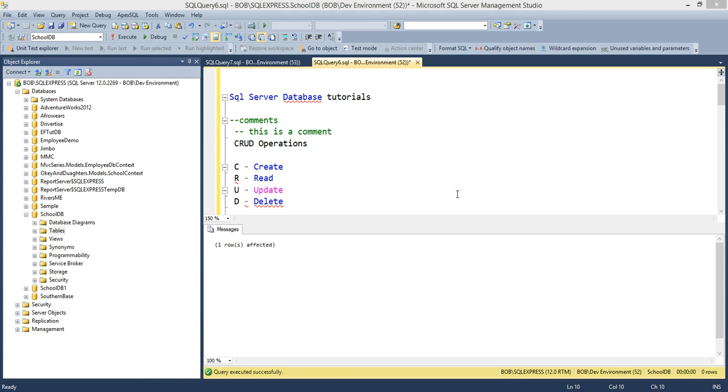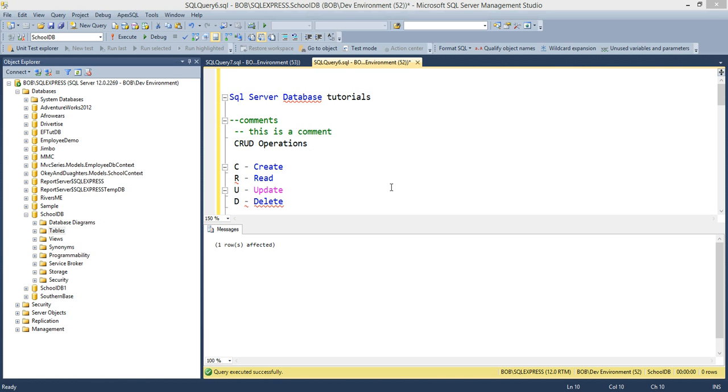Hey everyone, welcome to this Microsoft SQL Server database tutorial for beginners. This is absolutely for beginners. If you are new to databases, or if you even want to dream of trying to learn how to create databases, create tables and read values from tables, this is the tutorial for you. I'm going to show you the simplest way to create tables and databases in Microsoft SQL